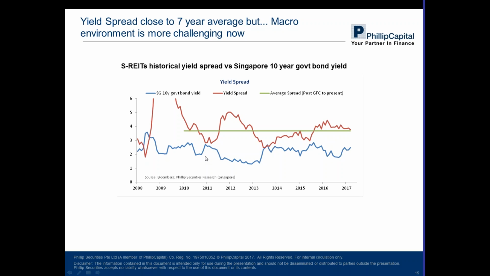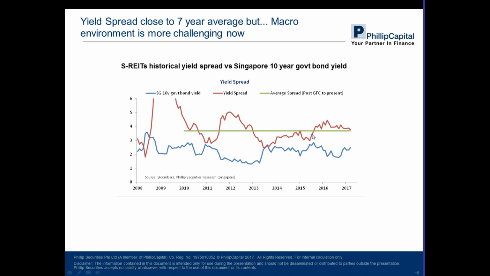But if you were to think of this 7-year period, the front part would be a very accommodative environment. Interest rates are very low. That is the first part. The second part is what we are facing now, and that is we are moving into a gradually normalizing interest rate environment. So if you look at these 7 years as a whole, the second part is actually the tougher part, which is now. So if you are facing a tougher environment now, I would say your yield spread deserves to be at least close to the green line or above the green line.